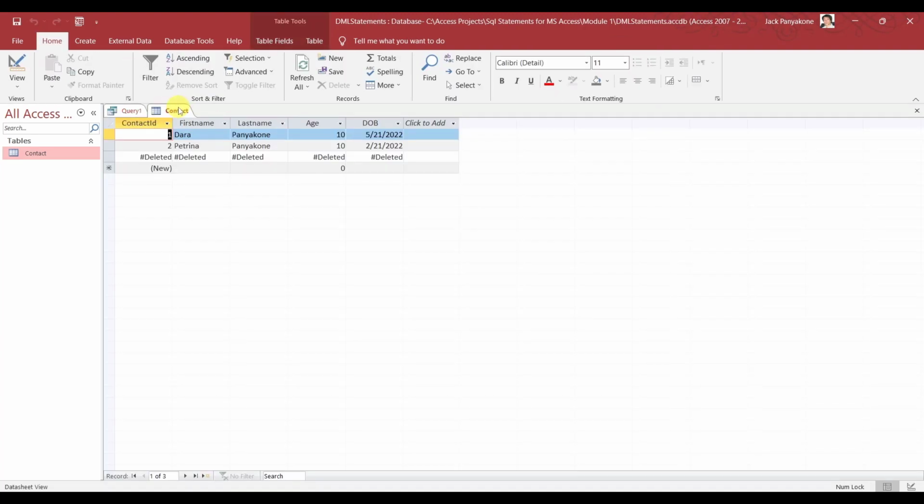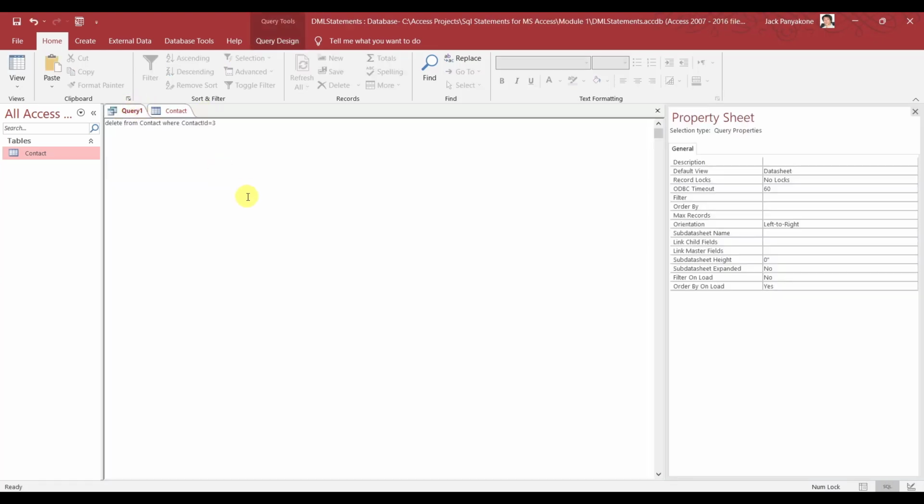And if you query this, see that one, it says it's already marked deleted. You see there, it's already marked deleted. All right, so that's how you do it. That's DML. Now, why would you want to write this in the query here? Why would you want to do that in here? Well,